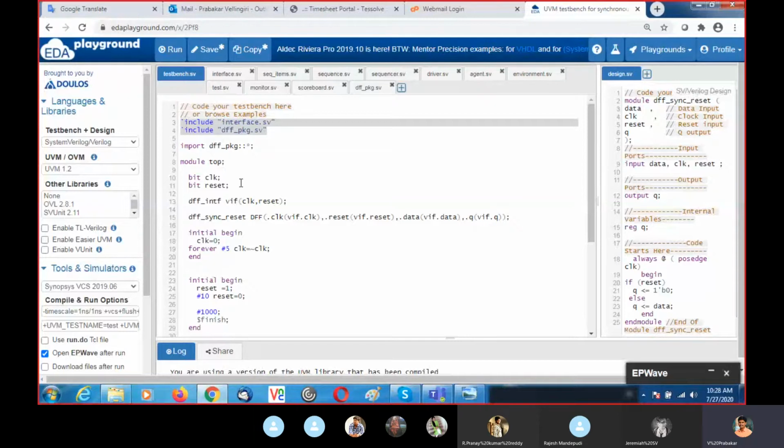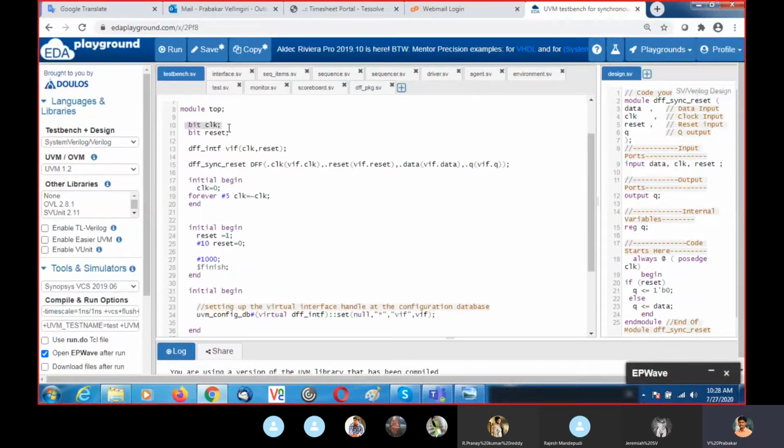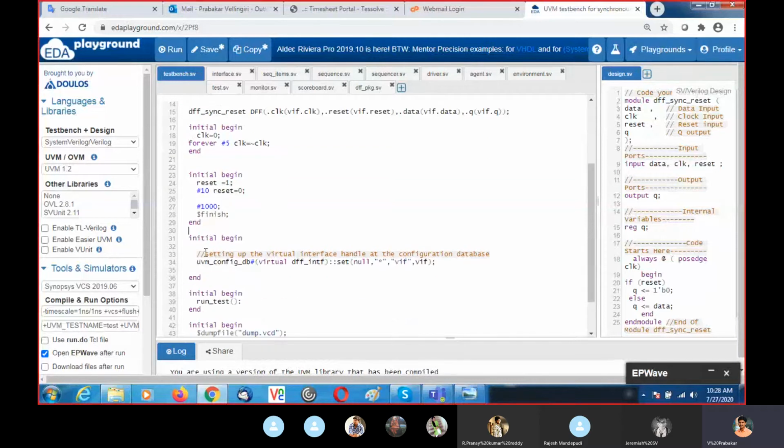Then in the top module we have to generate the clock and reset. Here we declare clock and reset as bit, and here I generate a clock and create a reset. After 10, I make reset 0, and after 1000 I finish it.